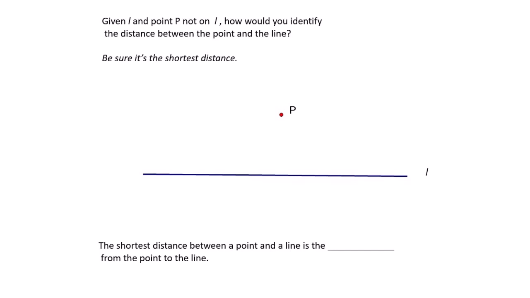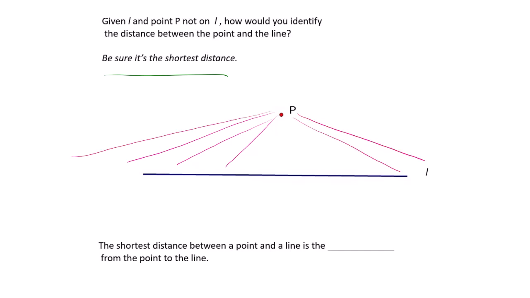All right. So here we have line L and point P, and P is not on L. How would you determine the distance between P and L, between any point and a line in general? And you want to make sure it's the shortest distance, right? Because there's an infinite amount of ways we could draw a line connecting these, right? Line L goes on forever, so really, we could say that they're infinitely far away. But if I want to find the shortest distance, there's only one way to